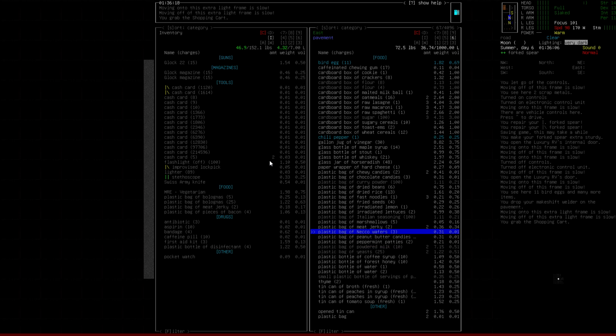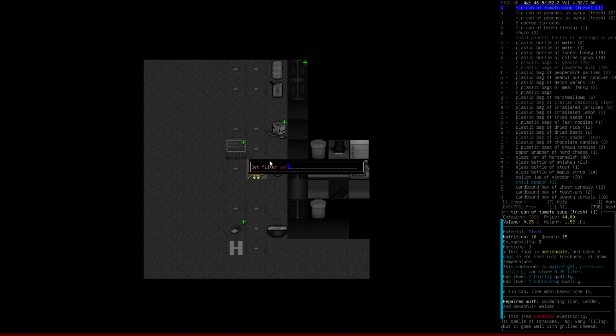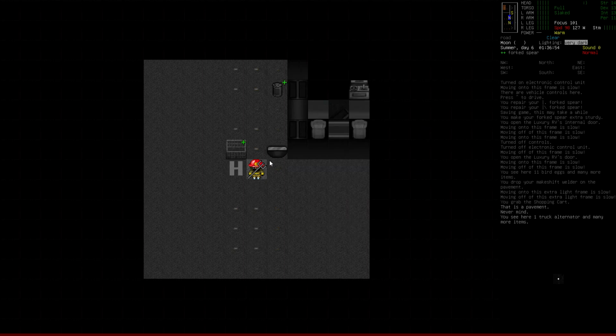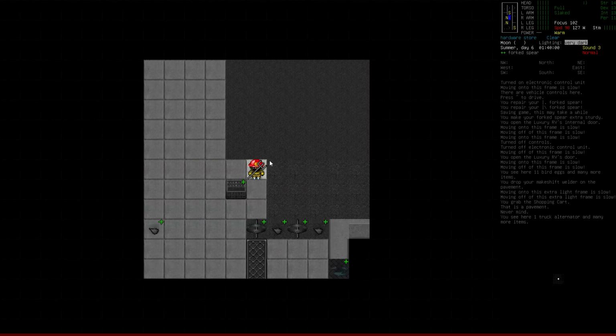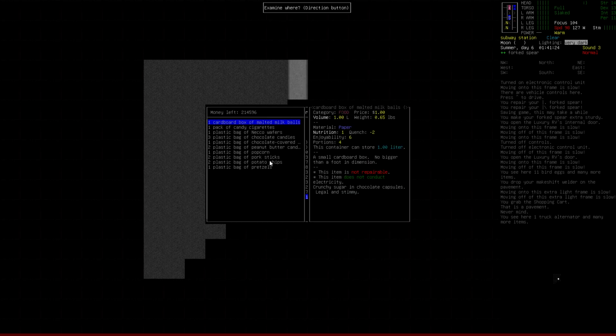And then we need something to drink. That's not clean water. I don't really have much here to drink. Yeah, it's just unclean stuff. Let's hop over to the subway right here and see if there's any drinks left in the...